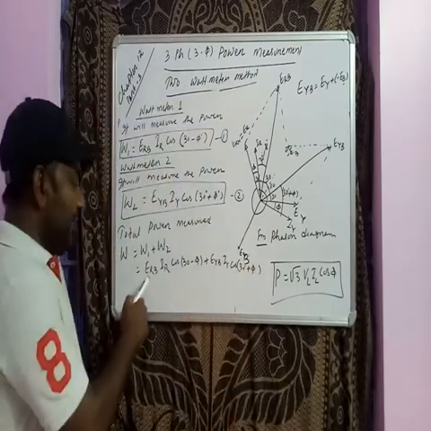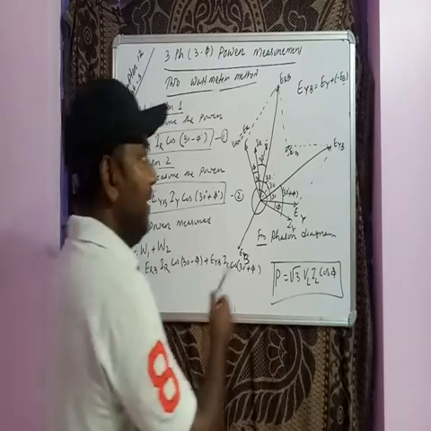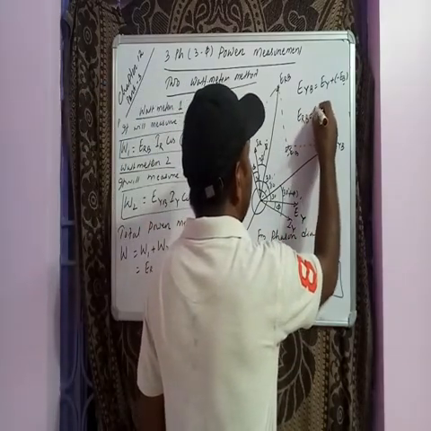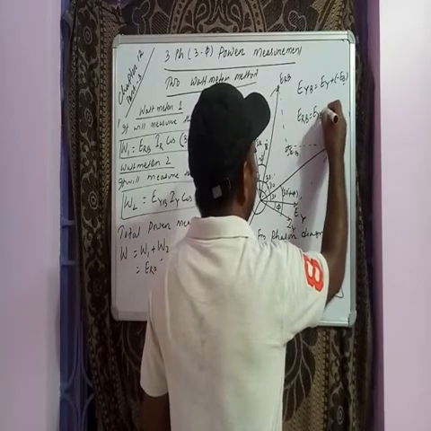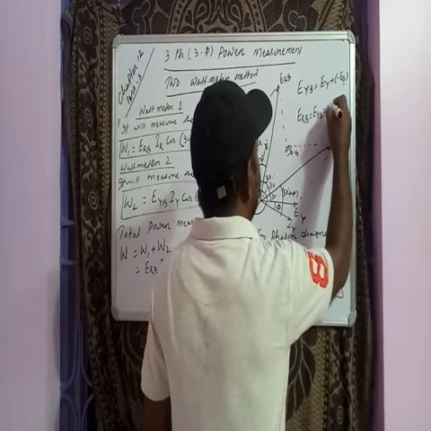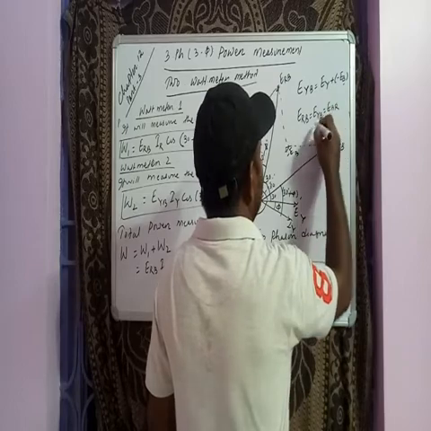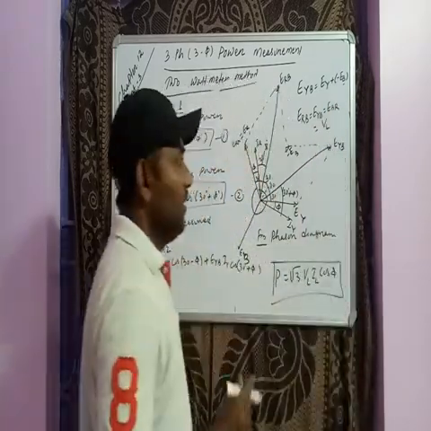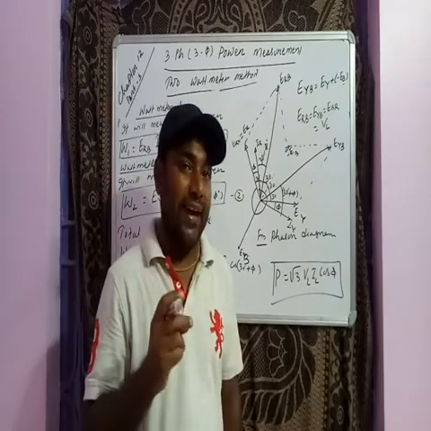Now what is ERB? ERB is same as EYB and it is same as EBR, is equal to line voltage, because voltage between any two lines is equal to